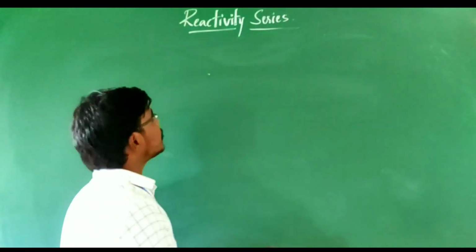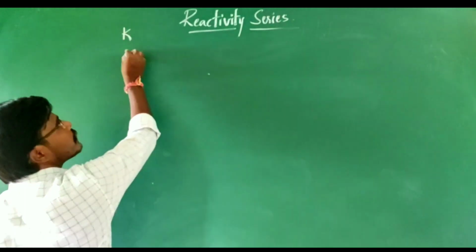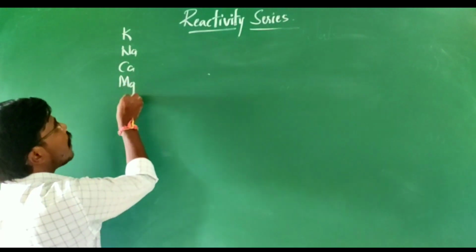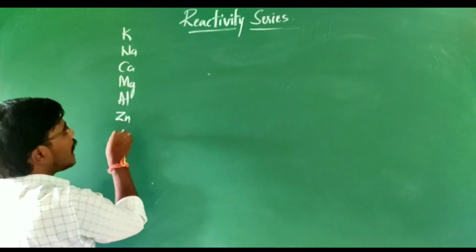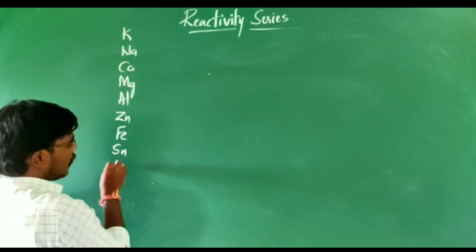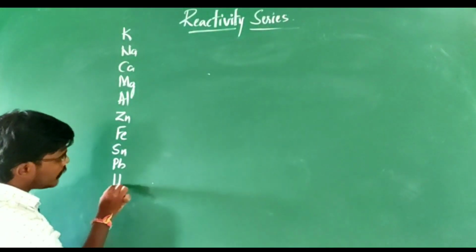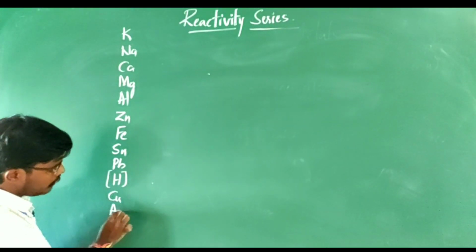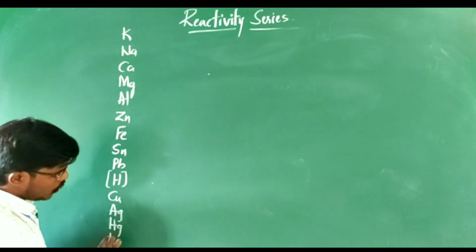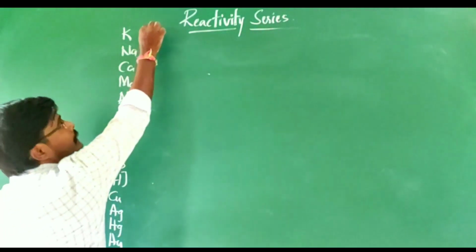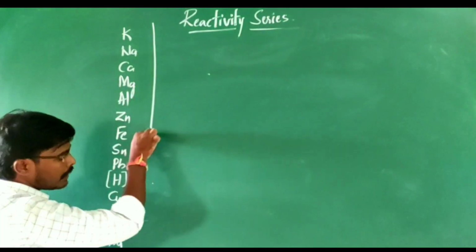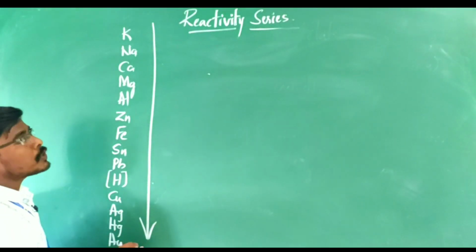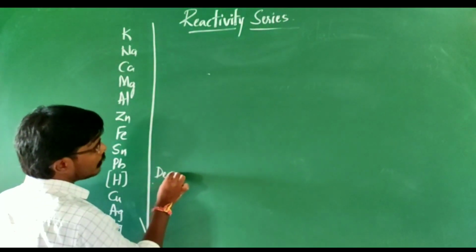So in the reactivity series, the first element I am taking is potassium, then sodium, then calcium, then magnesium, aluminum, zinc, iron, tin, lead, then hydrogen, which should be written in brackets, then after that copper, then silver, then mercury, then gold. So the reactivity series should be written with a downward arrow mark. That downward arrow mark shows that it is in decreasing order